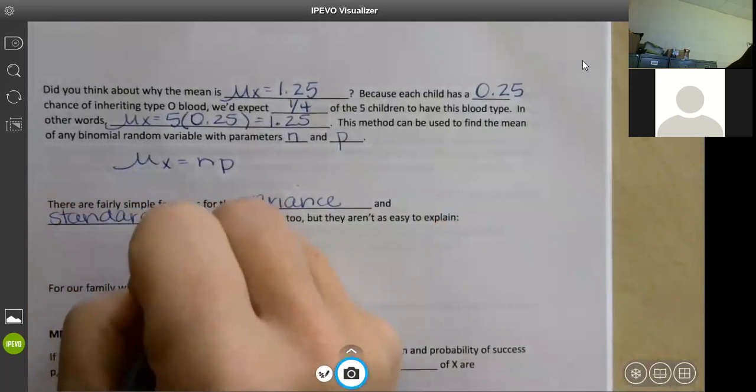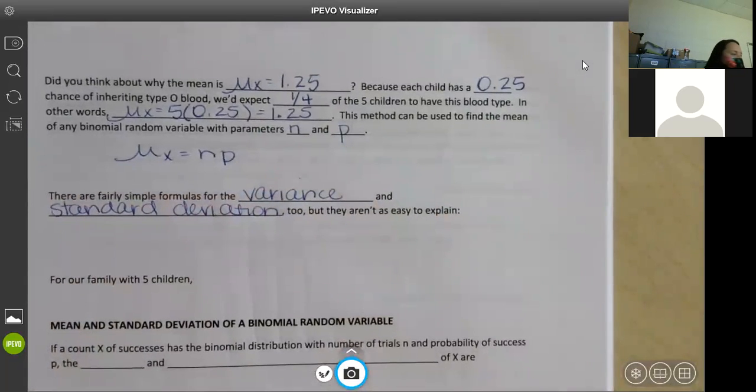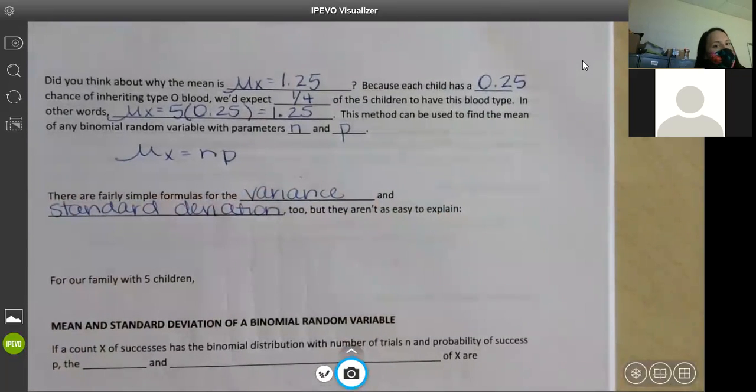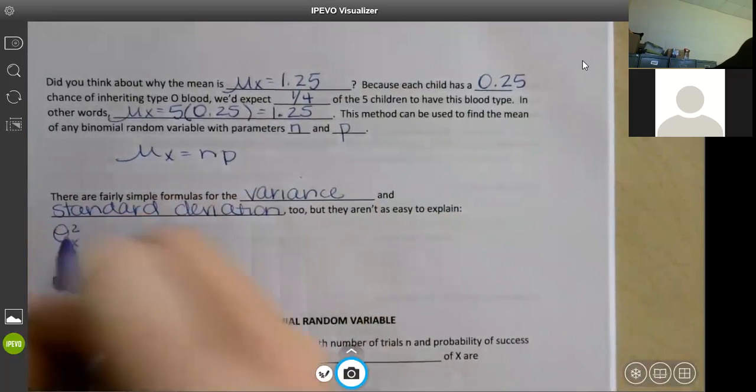And standard deviation, but they aren't as easy to explain, but we will. So those formulas, the variance,